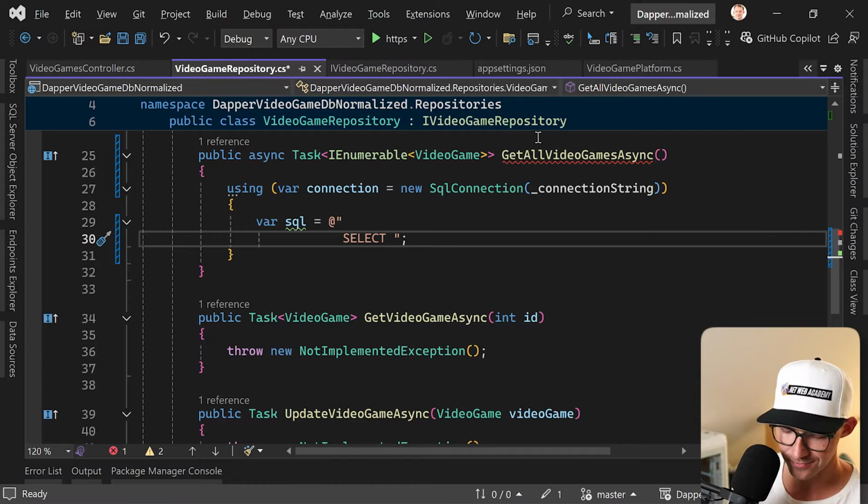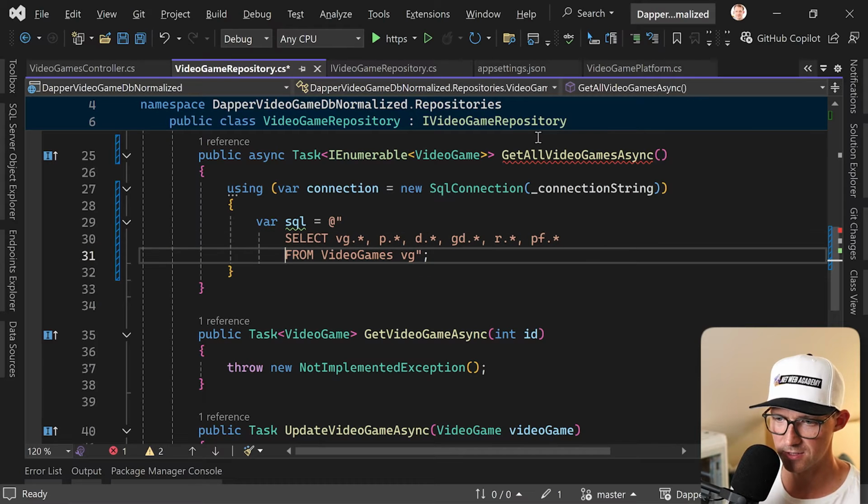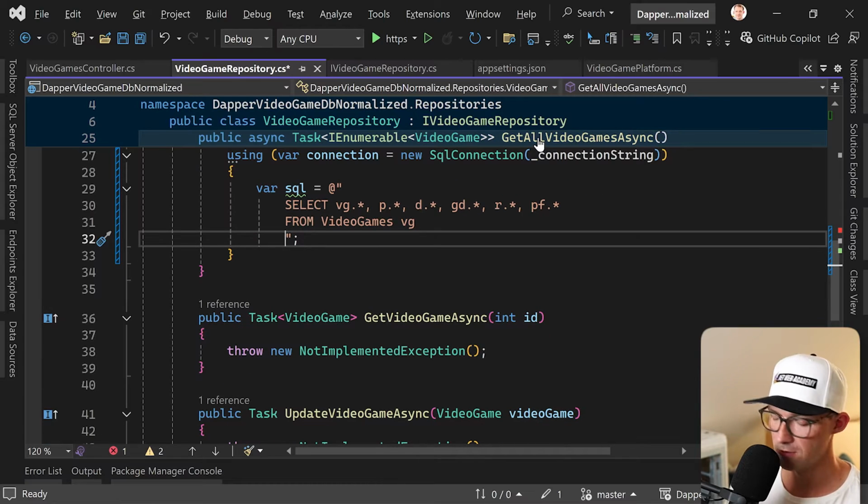So we have a select. We have everything from the video games table. We then have the publisher table, developers, the game details first. And yes, of course, I prepared this. I don't remember anything of that. The reviews, and then the platforms. All right, so that's that, and we want that from the video games table first. So this is our entry point, let's say. I don't know how to format this the best way, but I think this is okay, and you can read it. So now left join